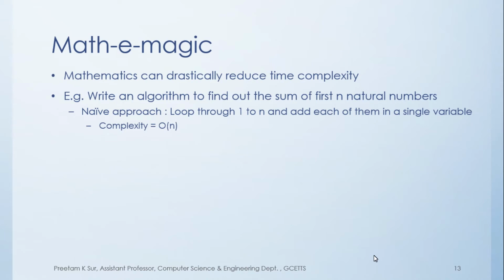Now, what will a geek do? A geek will apply simple mathematics over there, as you know that the sum of first n natural numbers is n into n plus 1 divided by 2, right? So this formula you can just implement in your algorithm and find out the sum of first n natural numbers in order of 1. Okay, so there will be no loop, just the function you have to write in your program. And you will find that the complexity is reduced from order of n to order of 1. So that's the power of mathematics.